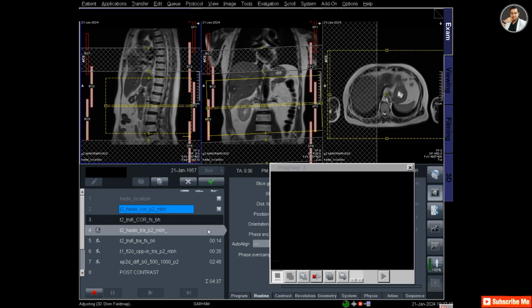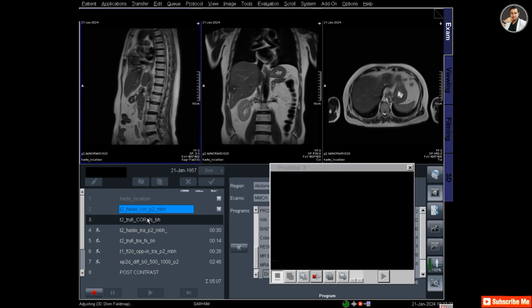All the notifications come at the bottom, especially in the left bottom corner, showing what is happening in the scanner. It's in written format. Right now adjusting 3D shim field map for T2 TRUFI coronal. BH means breath hold and MBH means multiple breath hold.